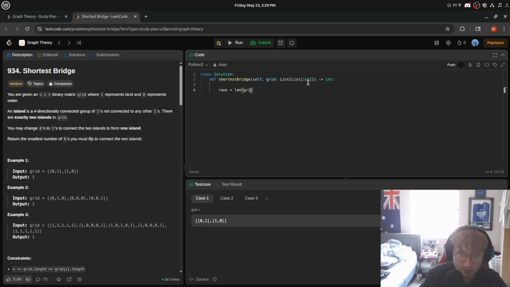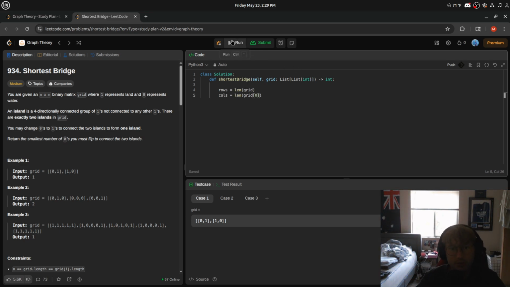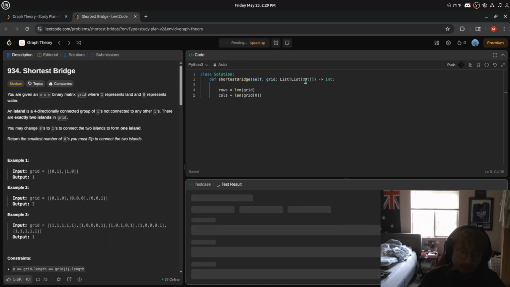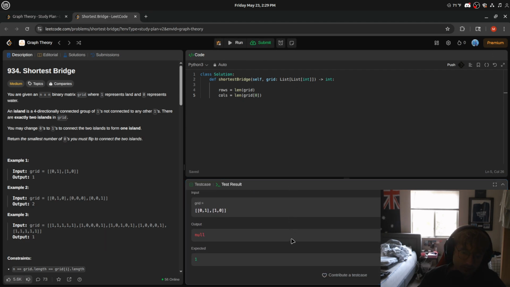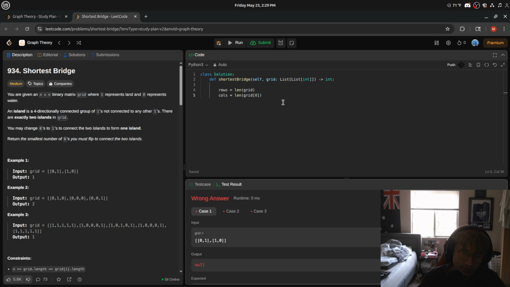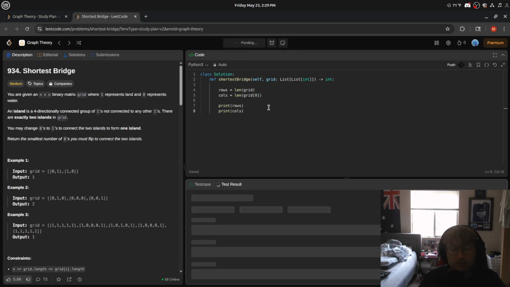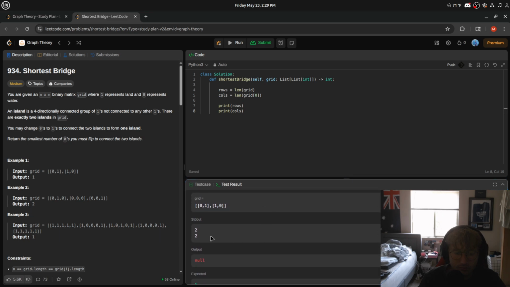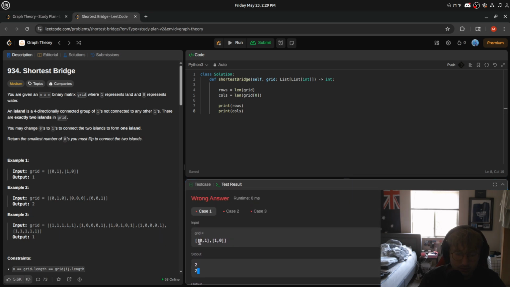Rows is equal to the length of grid, right? We got cols is equal to the length of grid 0. Let's print our rows. Okay, let's print our cols. Two and 2, right? Okay, so obviously we're gonna need some sort of directions array, right? Directions is equal to